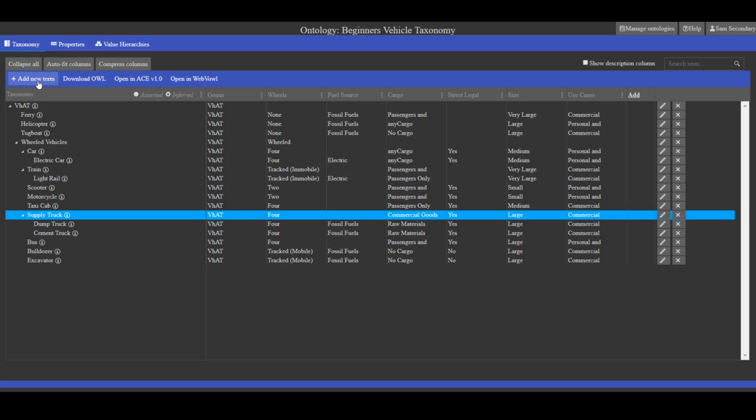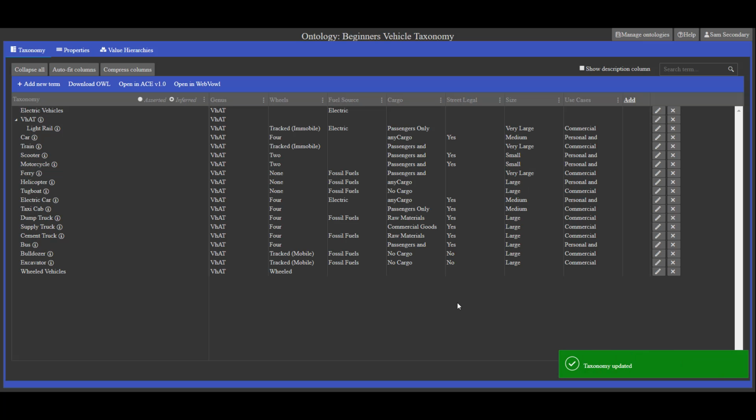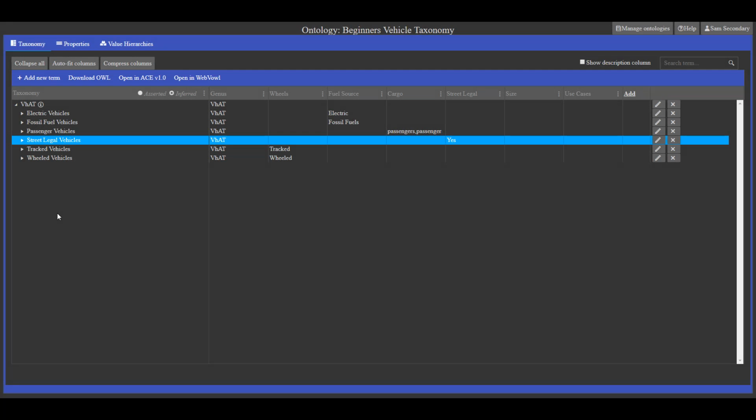Now we can begin to explore the taxonomy by creating collective classes for electric vehicles, street legal vehicles, passenger vehicles, and more. I will also create new concepts like electric bus and diesel car. Now I have added a bunch of new collective classes and concepts to the taxonomy, and we can see what